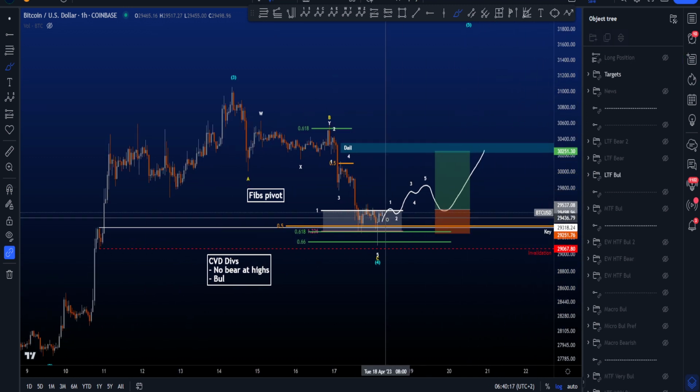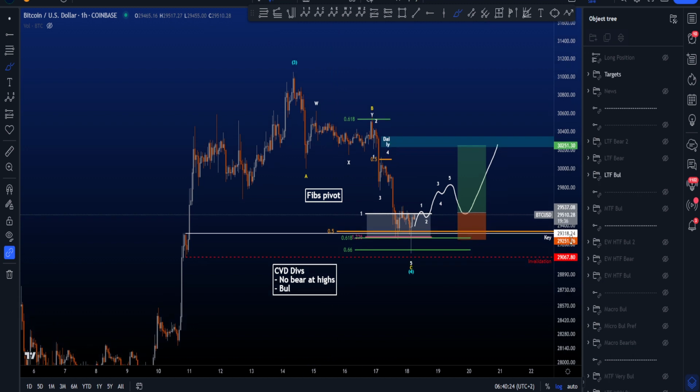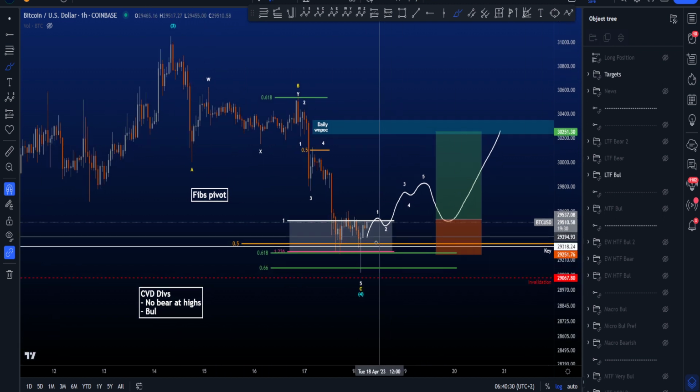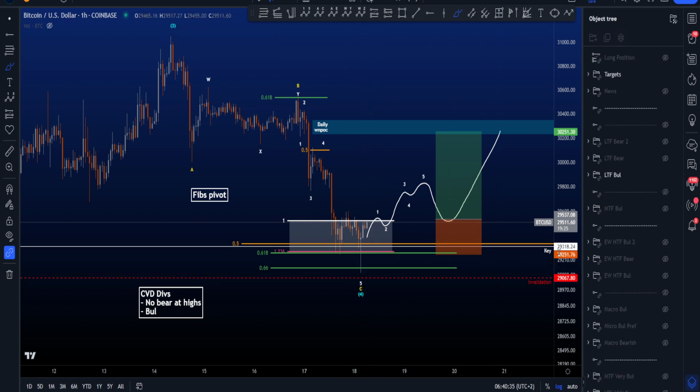The reason that I say that this wave 4 really has to end is because it already retraced super deep to the 0.5, which is still a valid target for a wave 4, but you don't want to see higher time frame candles close below the 0.5. We are now on the 1 hour time frame, and as you can see, we wicked below now 3 times. This was actually quite a big wick overnight for me.